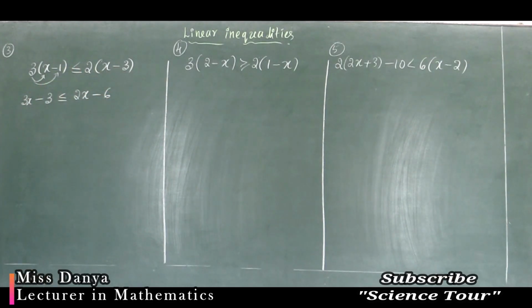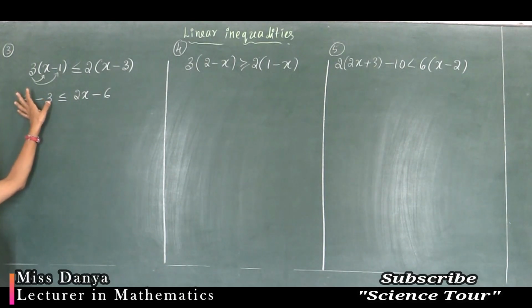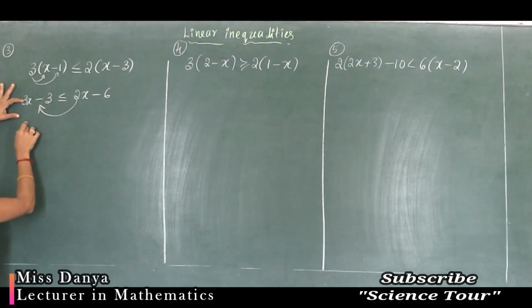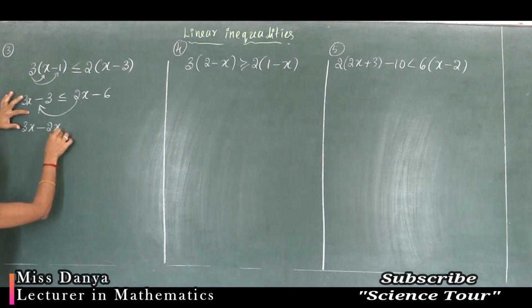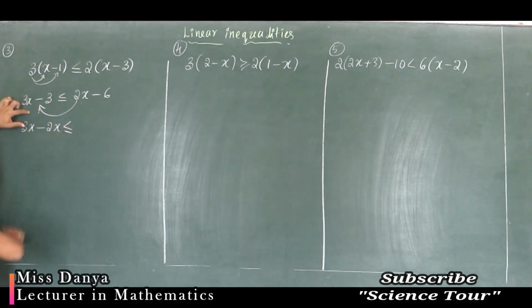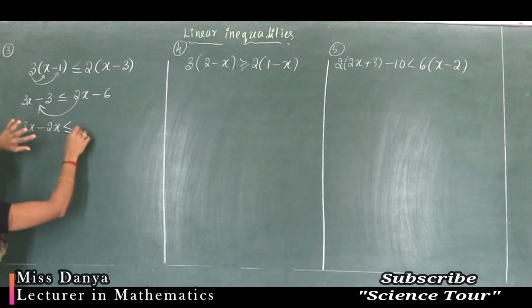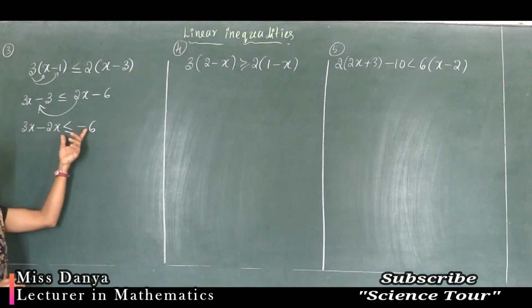After that, you have to see which side the x term is larger. To that side, you have to shift all x terms, and to the other side, you have to shift all numbers. So now 3x and 2x. In that, 3x is larger, right? So to the left side you have to shift all x terms. So already 3x is there on the left, and we are shifting this plus 2x to this side as minus 2x. And the inequality symbol you have to write the same, less than or equal to, and after the inequality symbol we have minus 6, that we did not shift to any side, that is already there on the right side, so as it is you have to write.